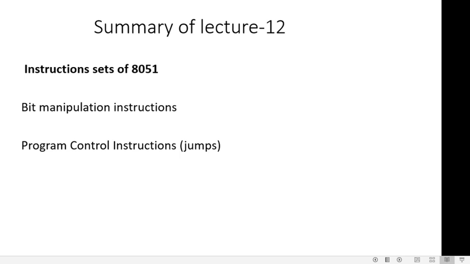Then there is the call instruction. In the call instruction, there is absolute call and long call. What do long and absolute indicate? They indicate the size of the address. And this address is pointed to by the PC. So, these are some special types of instructions which are present in the 8051. Through these, we can write programs for the 8051.